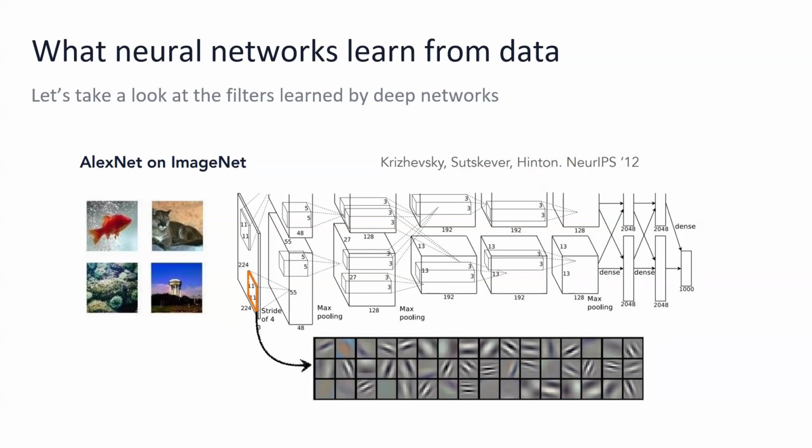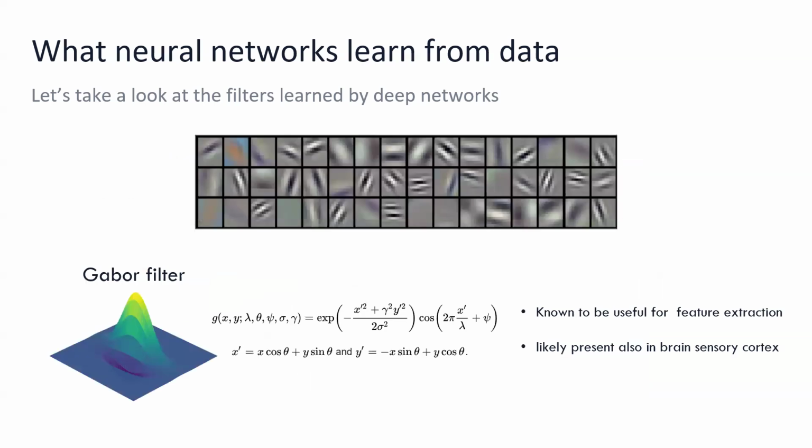People were very excited when they saw this picture of the filters, because there are some red squares here, and you see that in all these red squares, the image is blurry, and then there is a region in which you can see some stripes. People were incredibly excited about seeing these things, because these things have a name. They are called Gabor filters. Here we have a 3D plot of this. They are very simple mathematically.